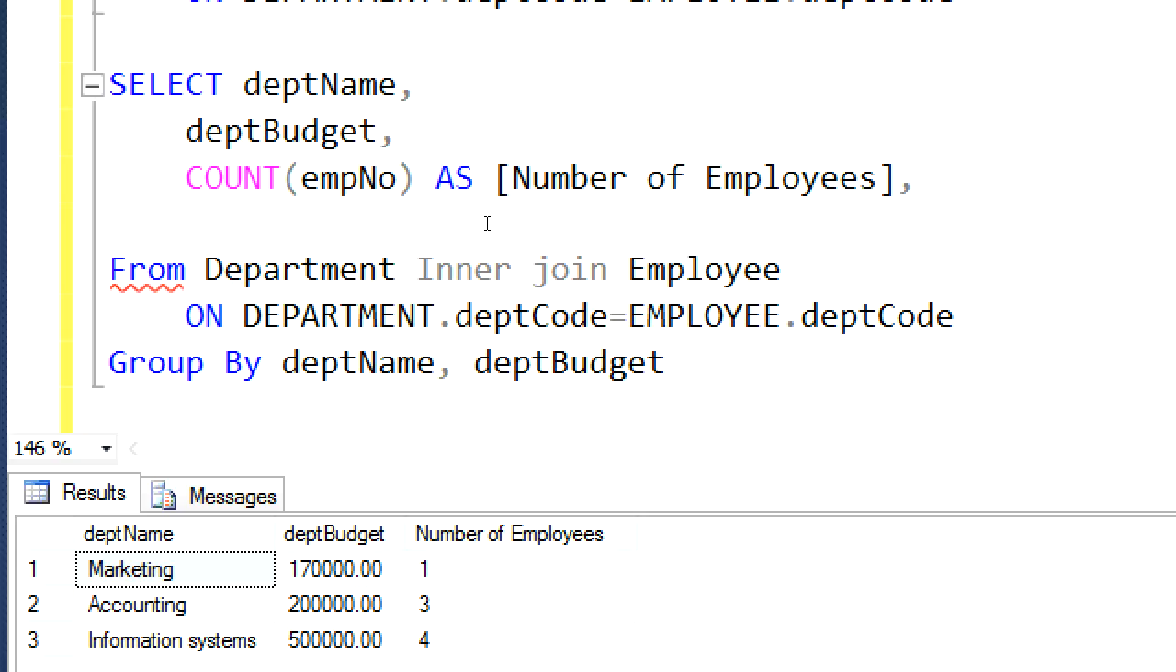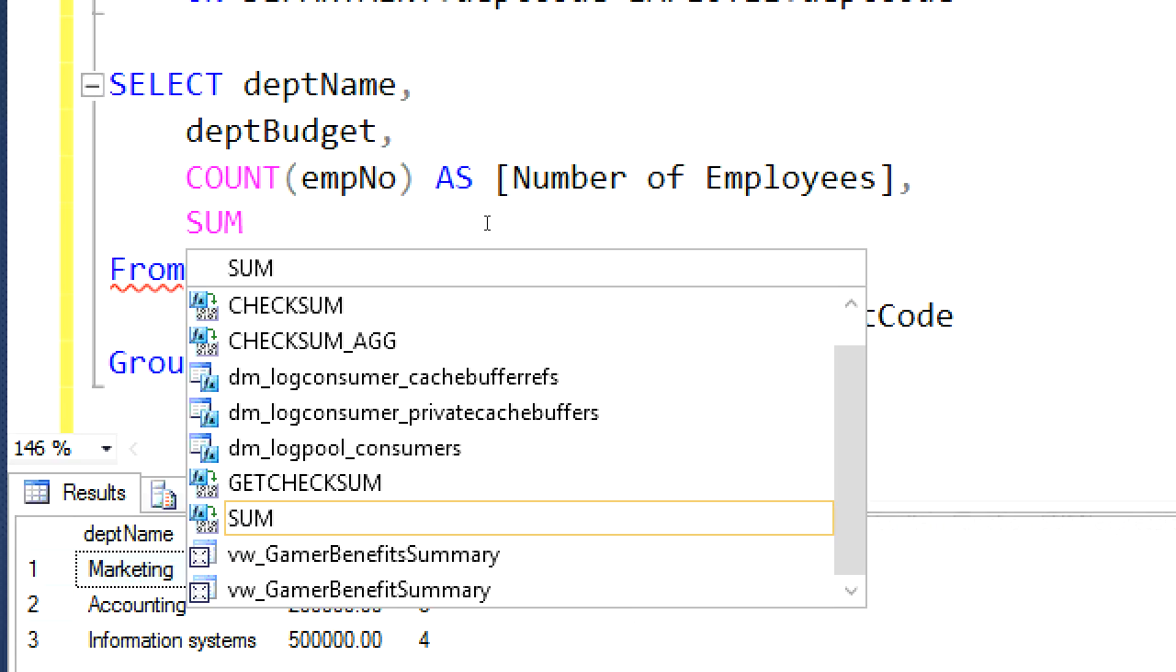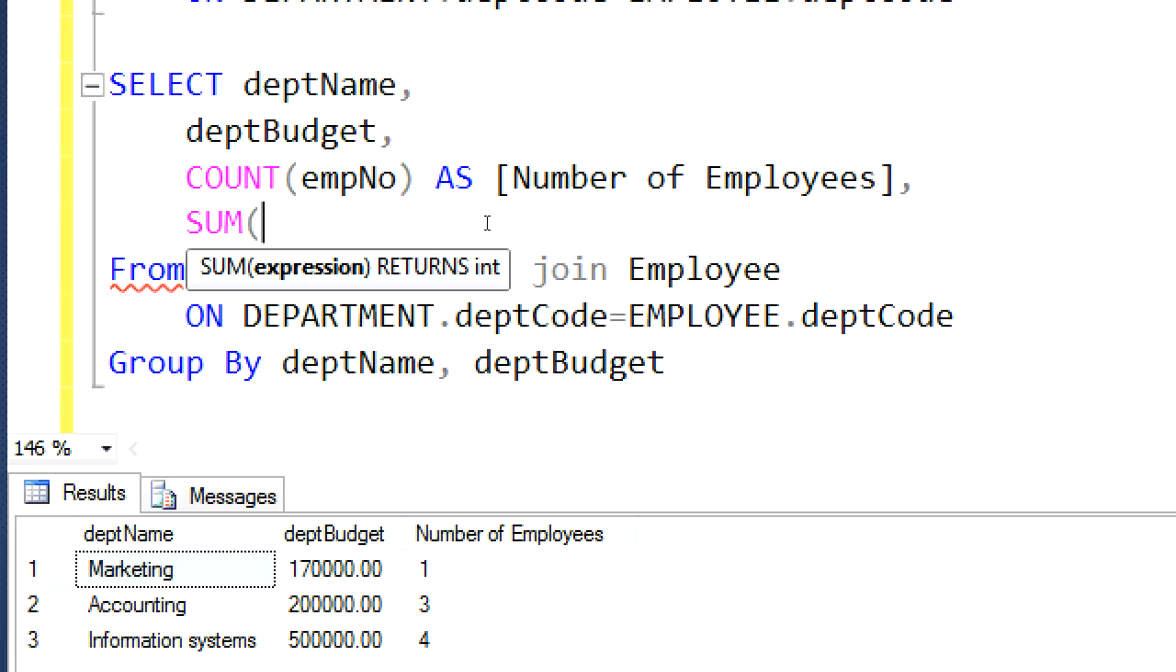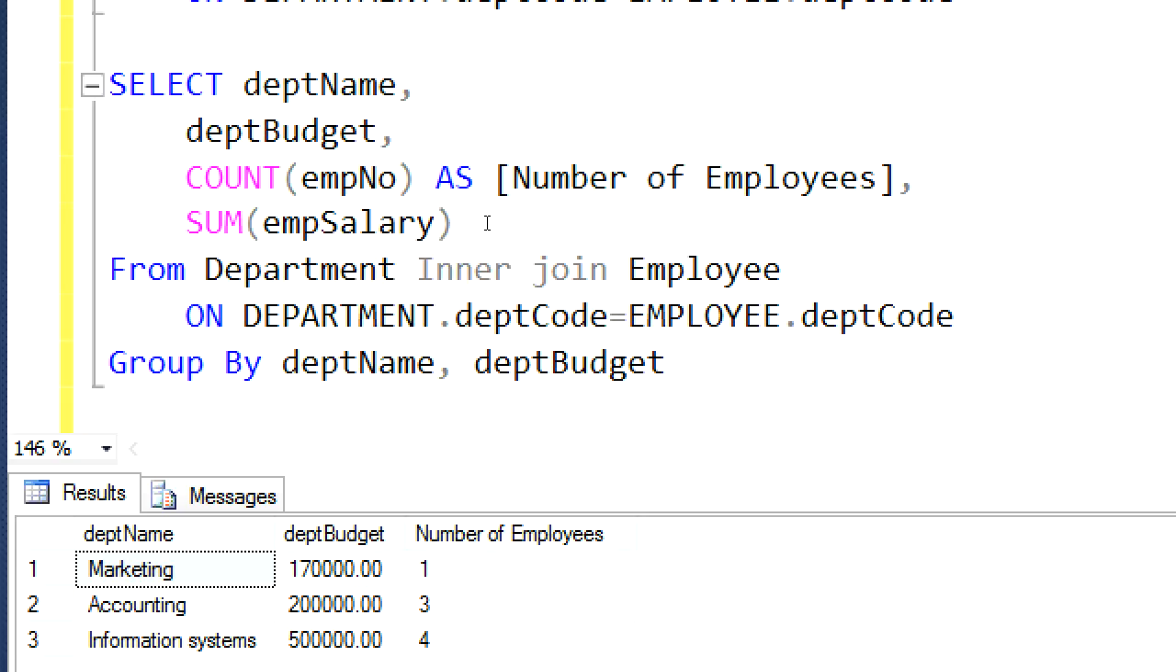So to get the total, what aggregate function do I use? How do you add things up? Which aggregate function? Sum, exactly. So I'll use the sum function of the EMP salary as total